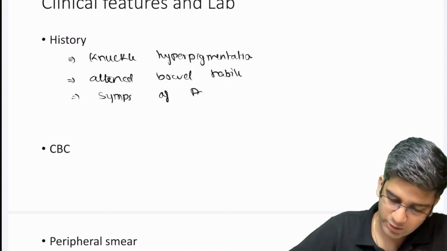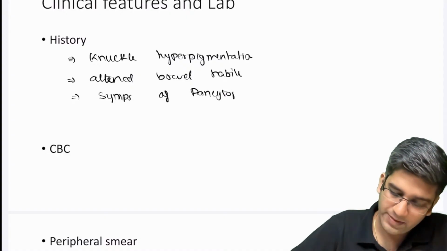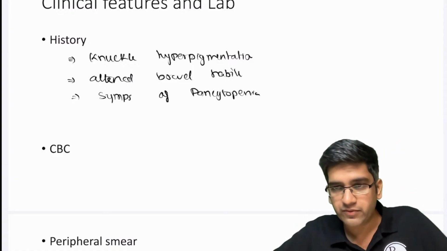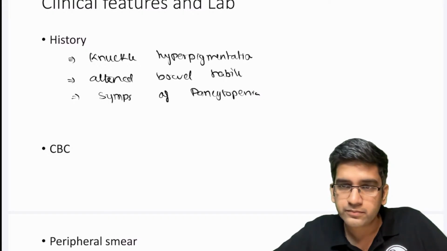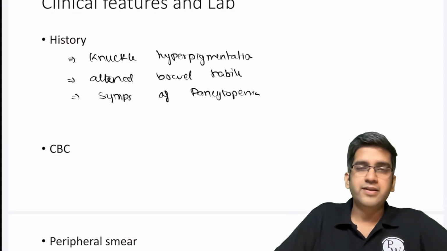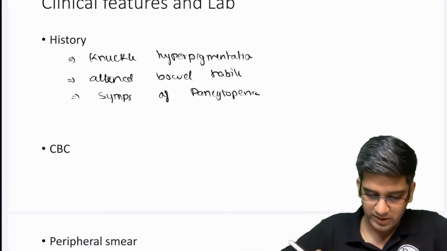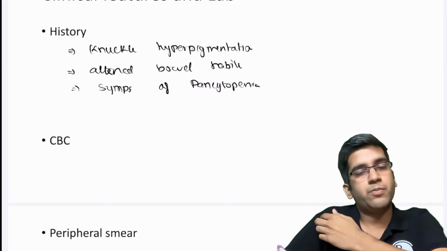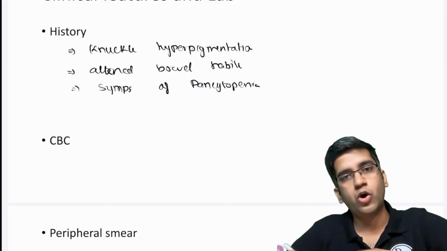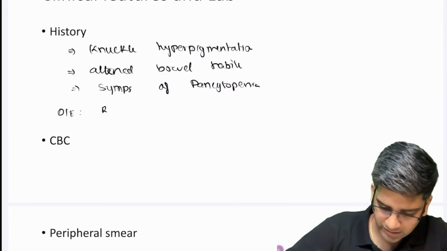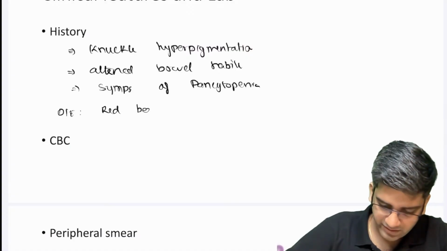So when I write symptoms of pancytopenia, you can write anything. Could be anemia, could be leukopenia, could be thrombocytopenia. Fine. Here only, nuclear maturation is later after the cytoplasmic maturation, right? Okay, fine. You can write all three things because I am having a problem. The DNA synthesis will not be proper, so all three lineages will be affected, right? Then on examination, you can write the finding of a red beef-like or beefy tongue